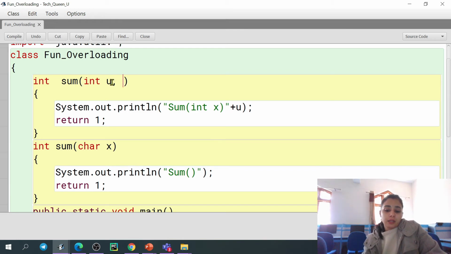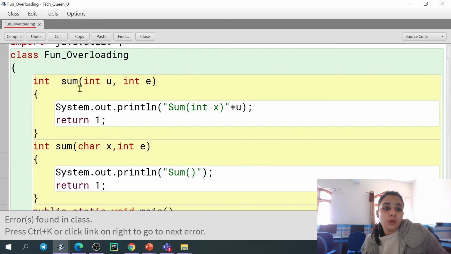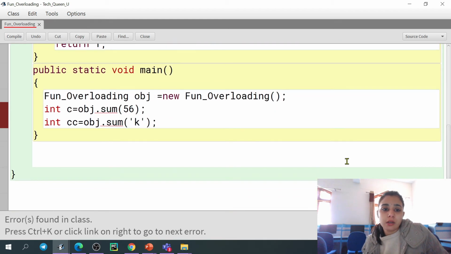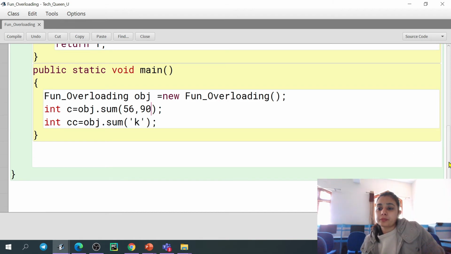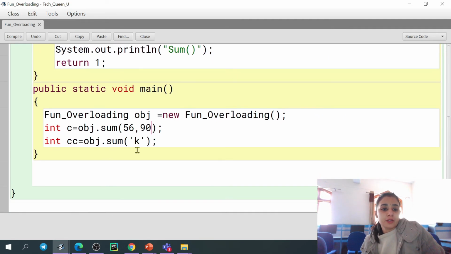Let's say I'm giving integer e, and here also you can give integer e. Now your compiler will differentiate with the help of the character and comma 90.